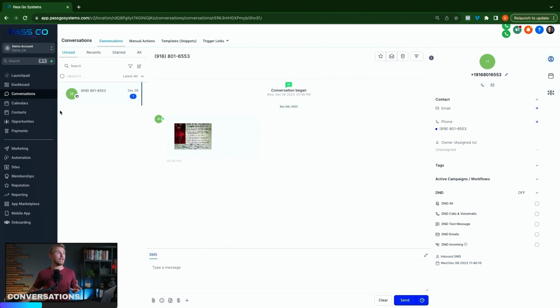And the web chat, which we saw at the Launchpad, any people that are coming into your website and clicking on your web chat widget, the conversation gets started and it gets put in this conversations tab so that you can get the conversations going with your customers straight from here. So you no longer have to go through and check all of these different platforms for all of these different communications. Everything that you link in this software, which we'll go through in the integrations, everything that you link,